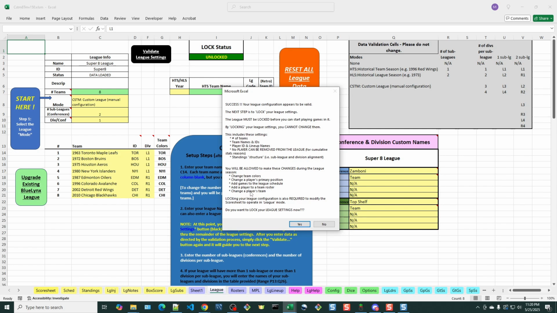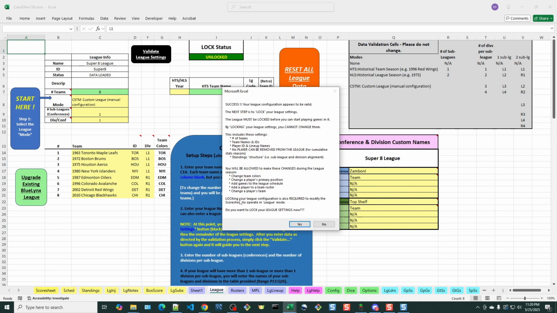You could have your own trades, and all of a sudden just say, okay, now this guy, you go to the roster sheet, unlock it, and you could switch their team to a different team in your league. Like he gets traded. So it is flexible in that regard, that those things can change during your league season. But